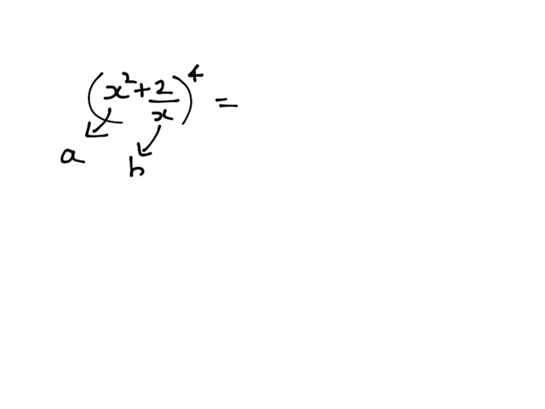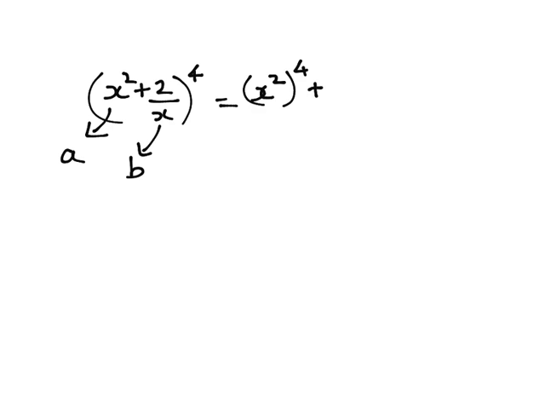Let's say I want to find (x² + 2/x)⁴. Let's say I want to expand this. As you can see, the power is 4, so you'll have 5 terms. The first term, this is actually a, and this is actually b, isn't it? The first term is a power 4, that means (x²)⁴,